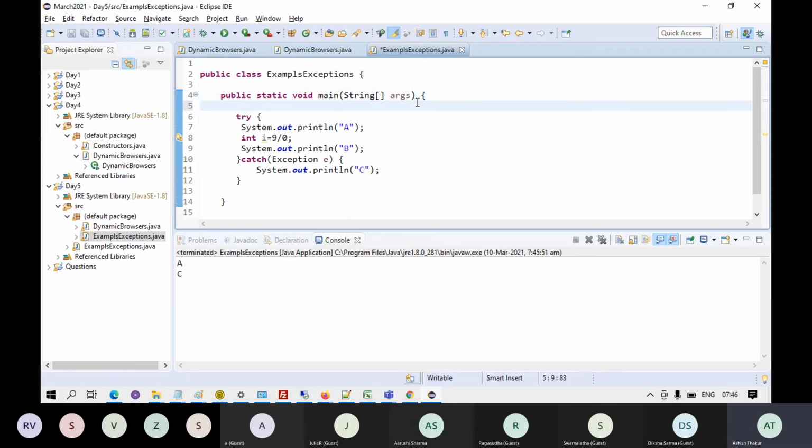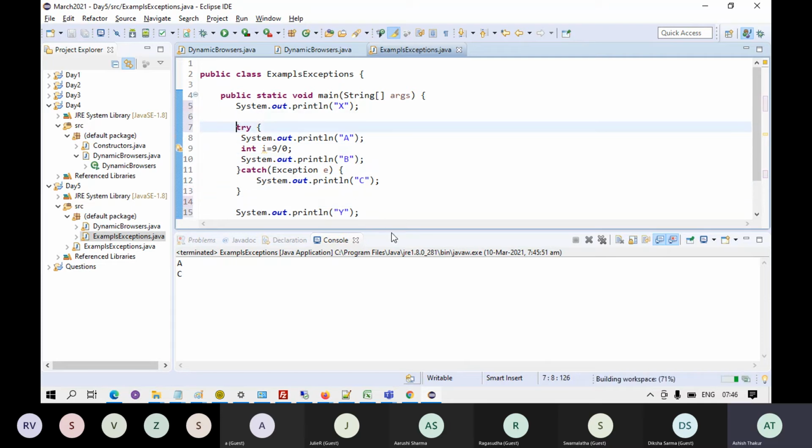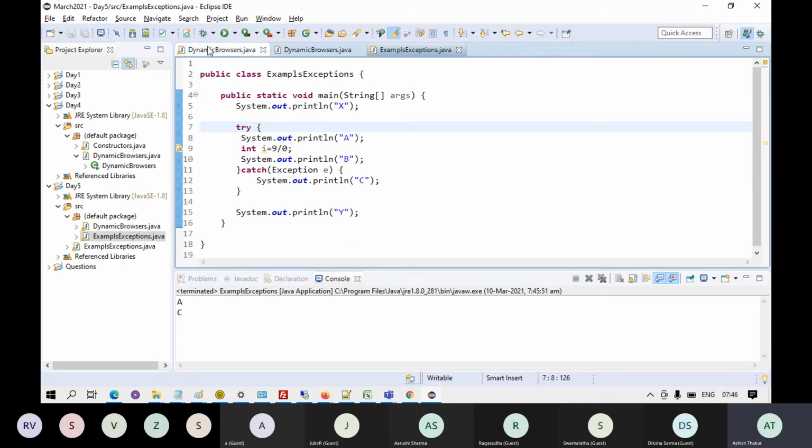However, if we had lines outside the try block, say I write X over here and Y over here, X and Y are outside the try catch blocks. So X and Y will certainly be printed in this case. But B will not be printed because the line on which the exception comes up, the control goes in the catch block.